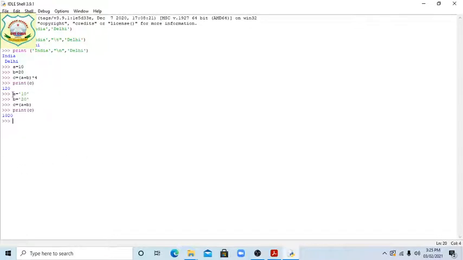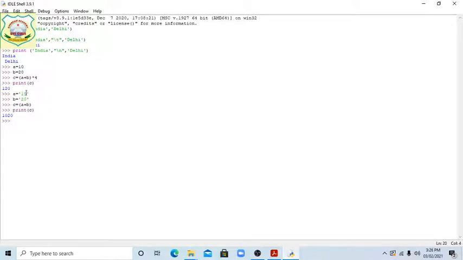See, students, what happened? A equal 10 and B equal 20. Here we have not taken any quotation marks, but here we have taken single quotation marks. If we give quotation marks, the A and B variables will be taken as character values. Character values we cannot add, we can only join them. So they joined only 10 and 20, close to each other. But when we take them as numbers, plus and multiply will apply, and the result is in numeric form. But here it is numeric in form, but it plays the role of a character.